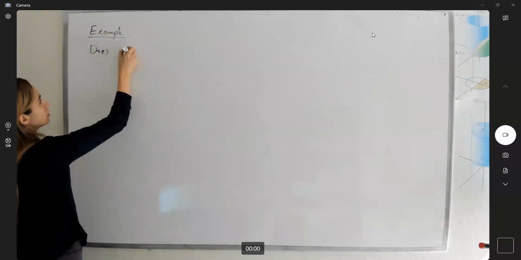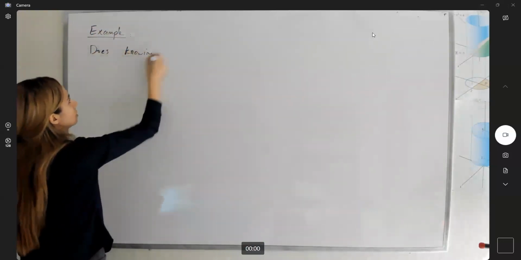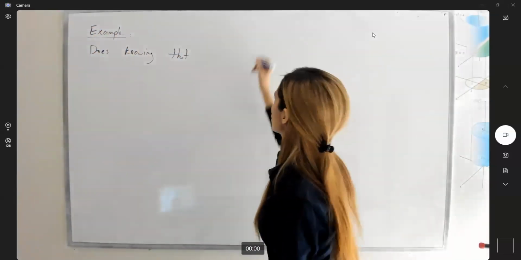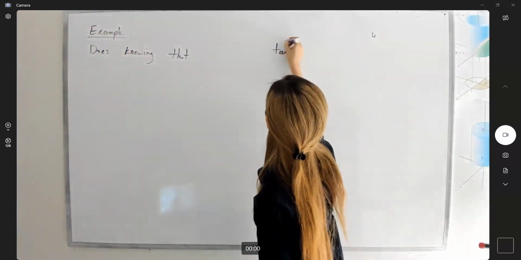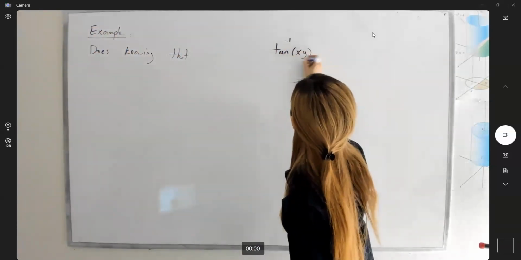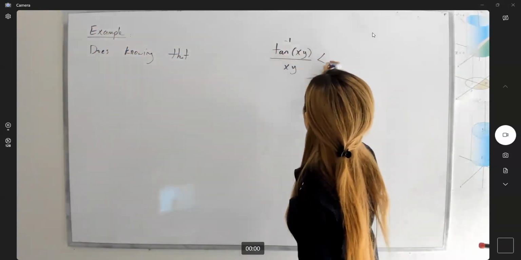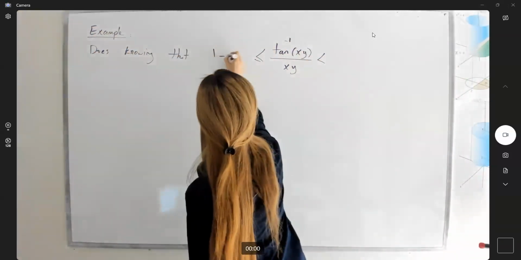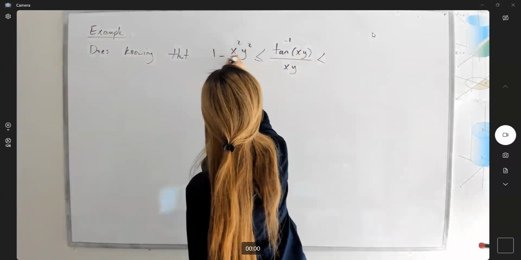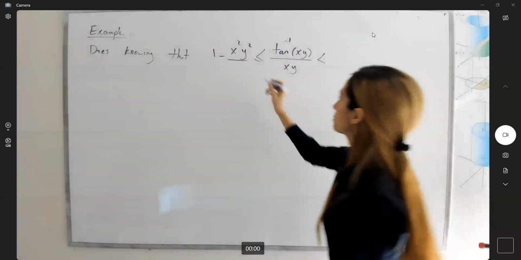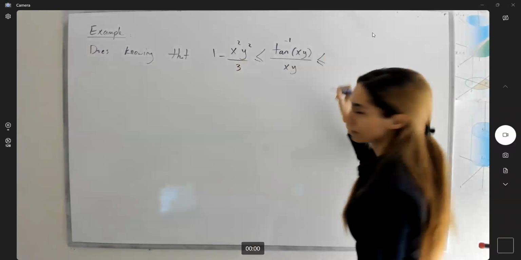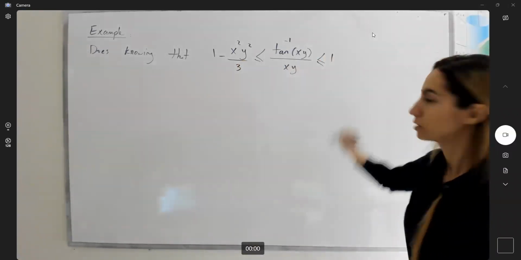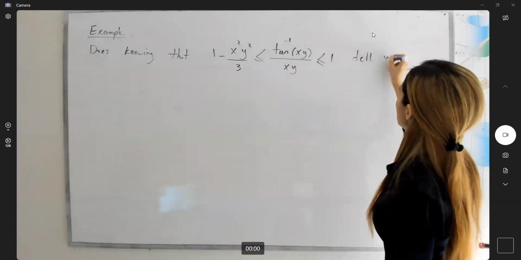Does knowing that, check the question, inverse tangent xy divided by xy bounded by 1 minus x squared y squared divided by 3 now less than or equals to 1 tell you anything